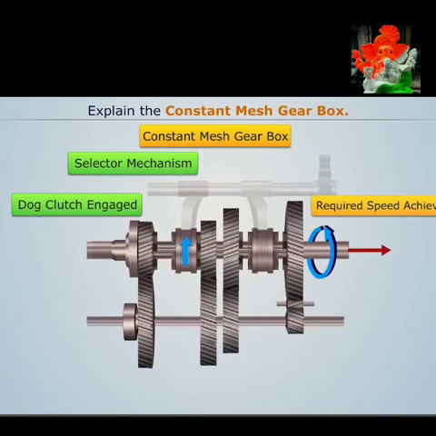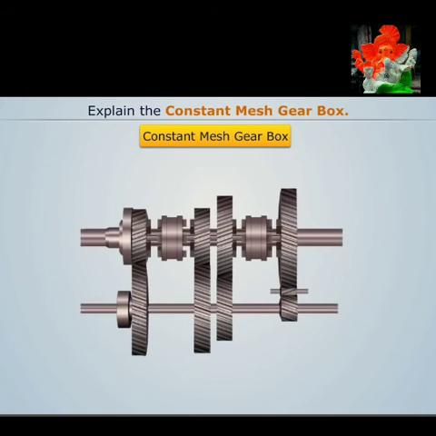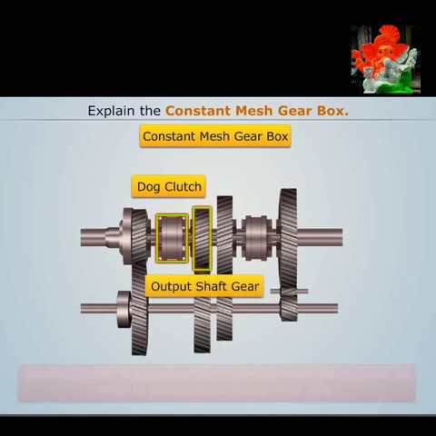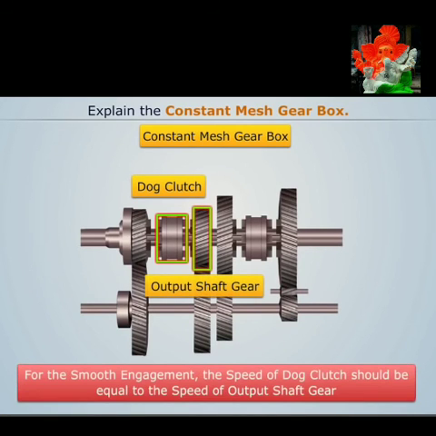For the smooth engagement of the dog clutches, it is necessary that the speed of the output shaft gear is equal to the speed of the sliding dog clutch. This is achieved